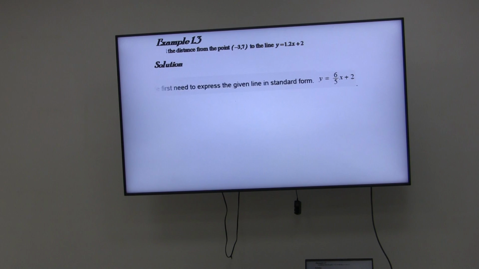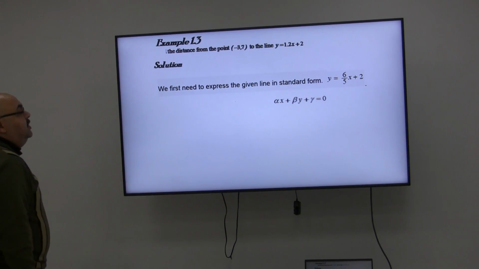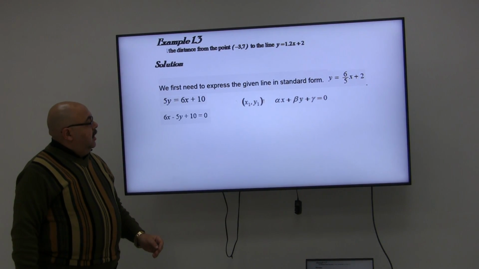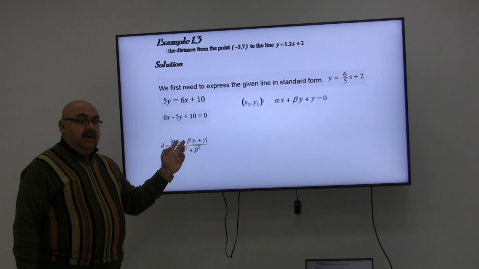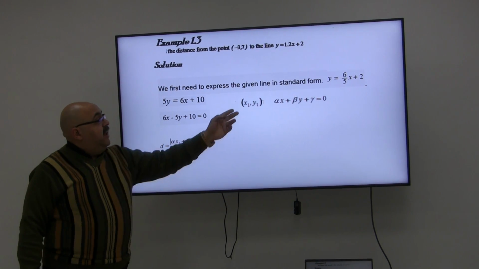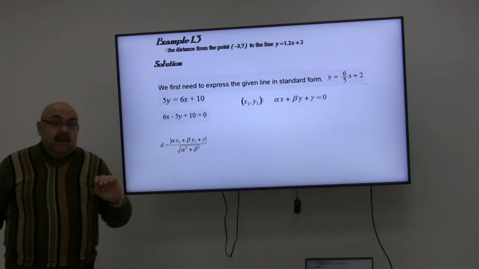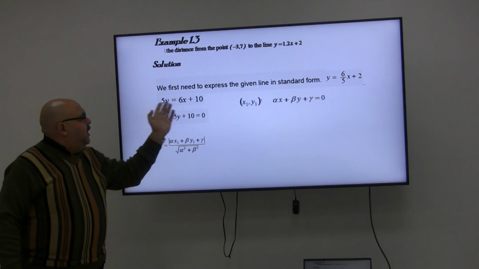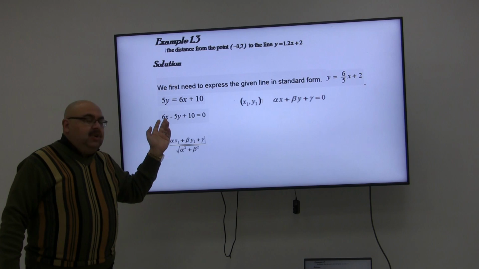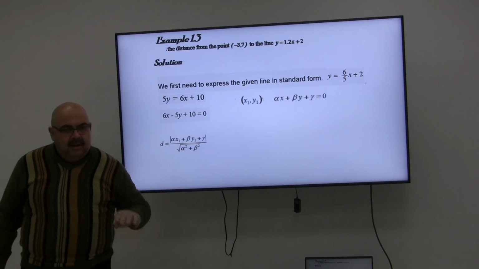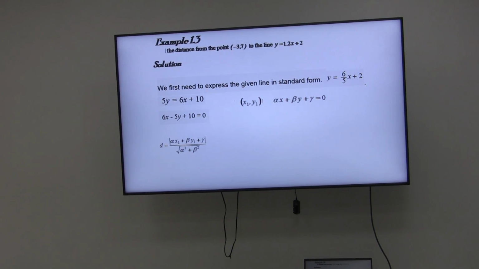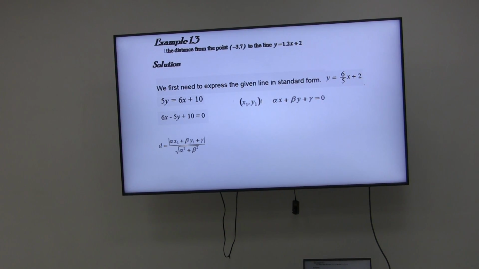Once more, that's the equation of a straight line. I will expand it in this manner. Then I will put it on the numerator, as you will see. Then replace x and y by the values which are -3 and 7. Jana, in this case, I've tried to adjust 6/5 by multiplying the equation by 5, just to avoid the fractions, but in the previous substitution, I didn't do that. All I have to do, the only regulation, is to have your equation on one side. If you have your equation on one side, then you will be in a very good shape.